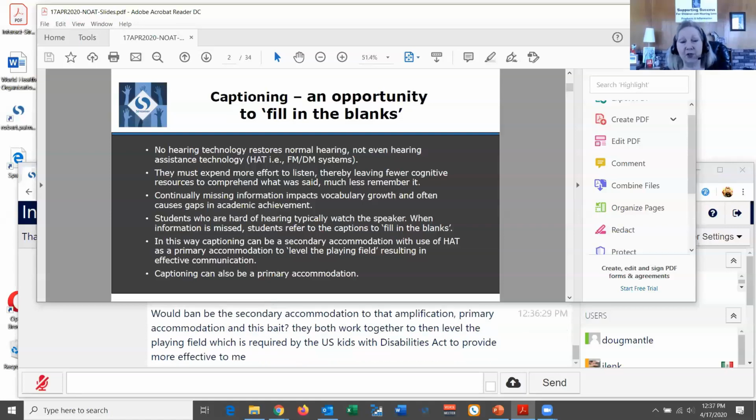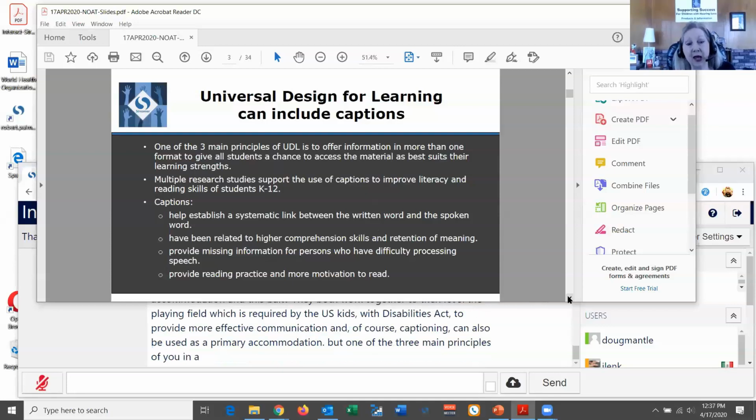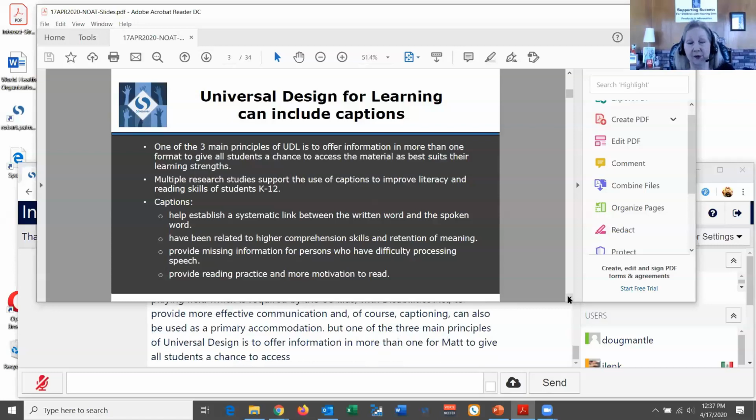And of course, captioning can also be used as a primary accommodation. But one of the three main principles of universal design is to offer information in more than one format to give all students a chance to access the material as best suits their own learning strengths.